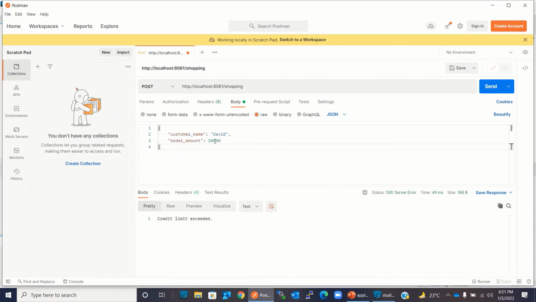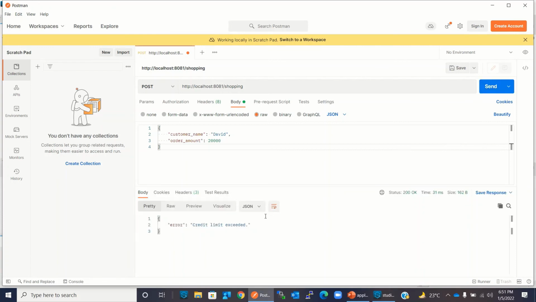Now I will change the order amount to 2000. I will send. We got the message 200 okay and sufficient credit limit exists because we only sent 2000, so that is less than the credit limit that we set. Now I will send a 20,000, which is more than credit limit that we set, so it should fail, and application global error handler should catch this error.